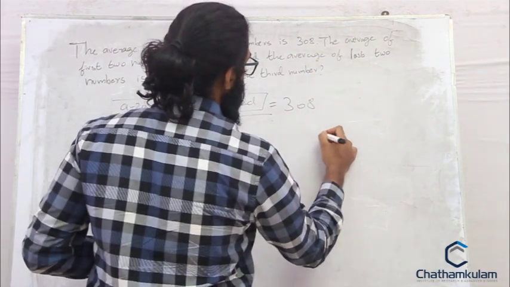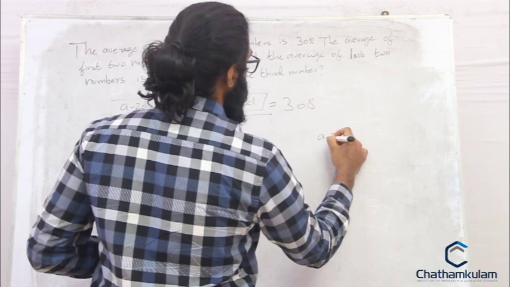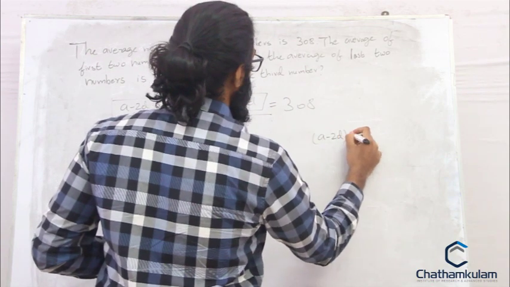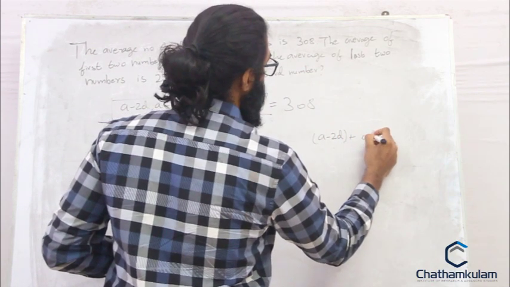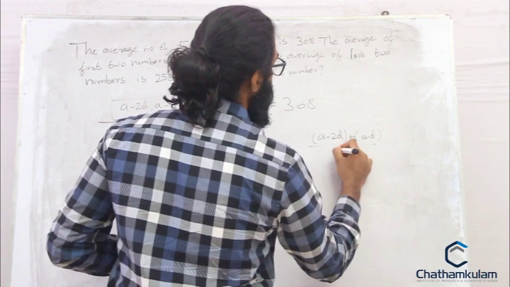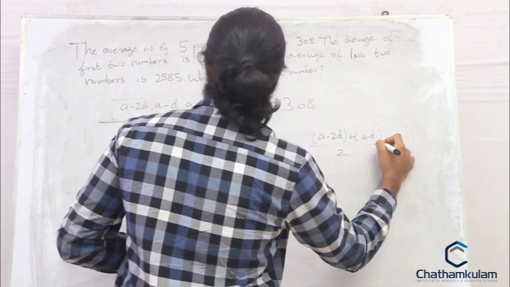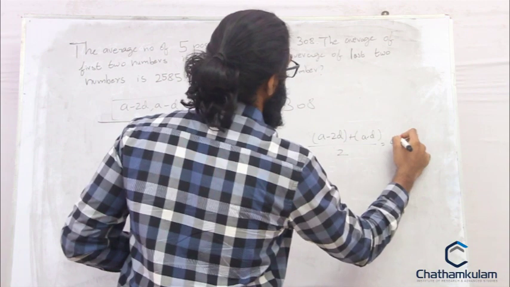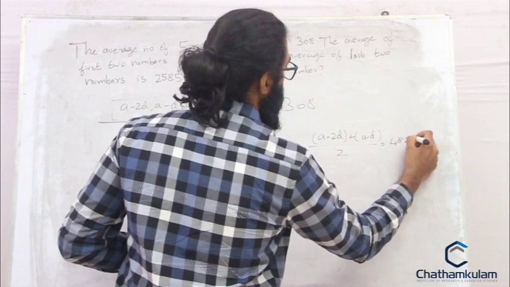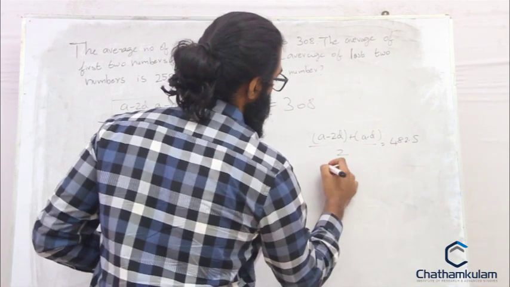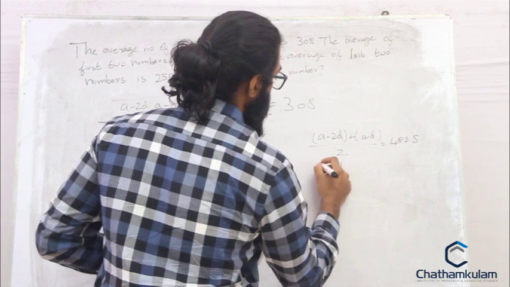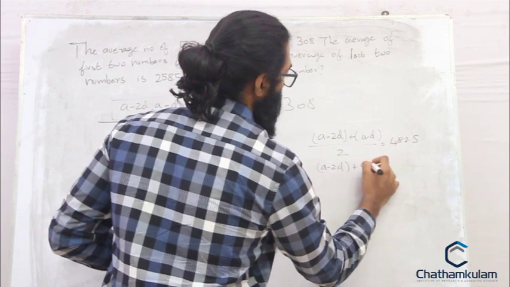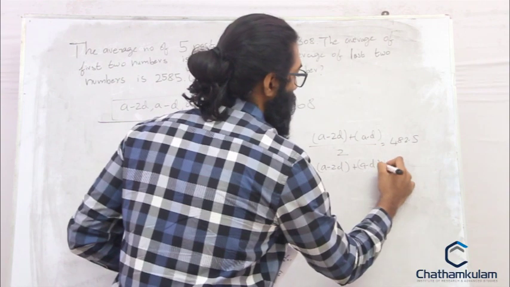So we can write a minus 2d plus a minus d, divided by 2, that is the average, equals 482.5. So the sum of these 2 numbers, a minus 2d plus a minus d, will be equal to 2 times